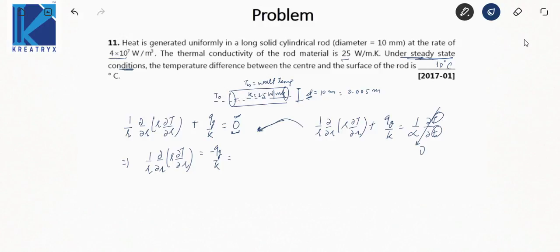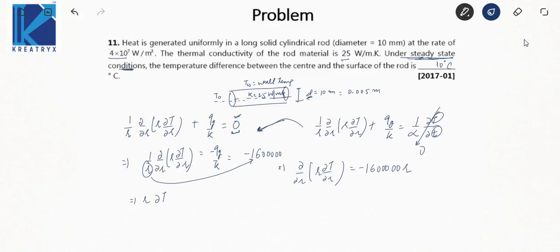It will be minus 16000000. Okay, taking this R here, that implies del upon del R of R del T upon del R is equal to 45 R. Yeah, okay, so integrating it, we get